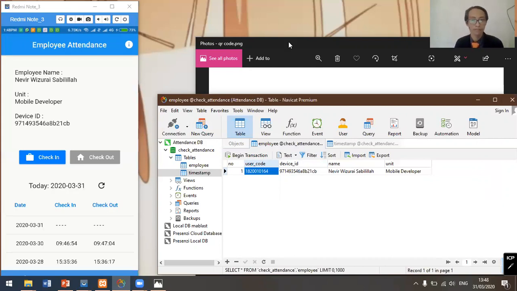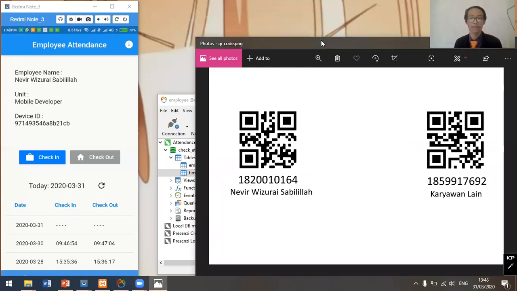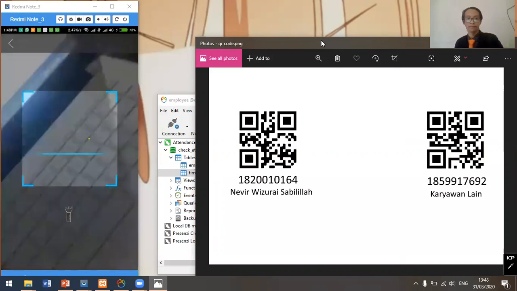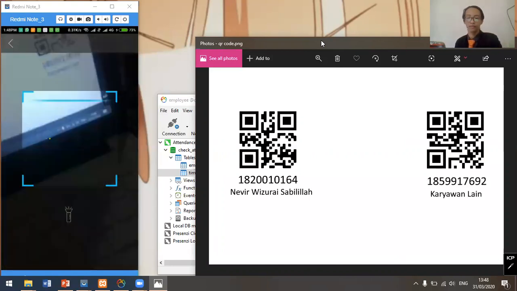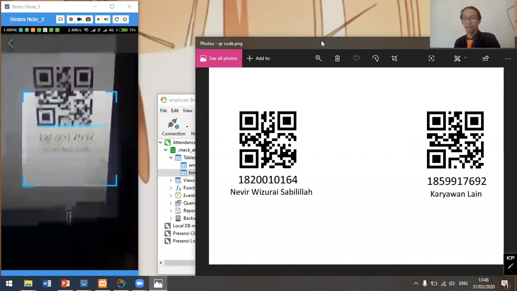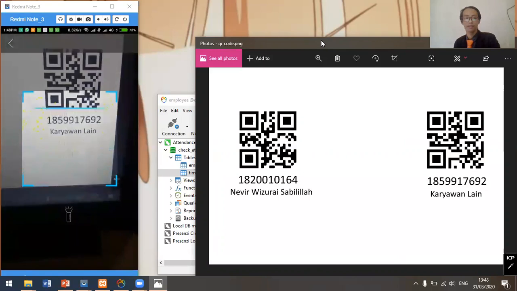So here I'm going to demonstrate what happens if I scan a QR code that is not mine. Let me open my phone. Let's see. This code is actually not my code. Let me try to scan it with my device.